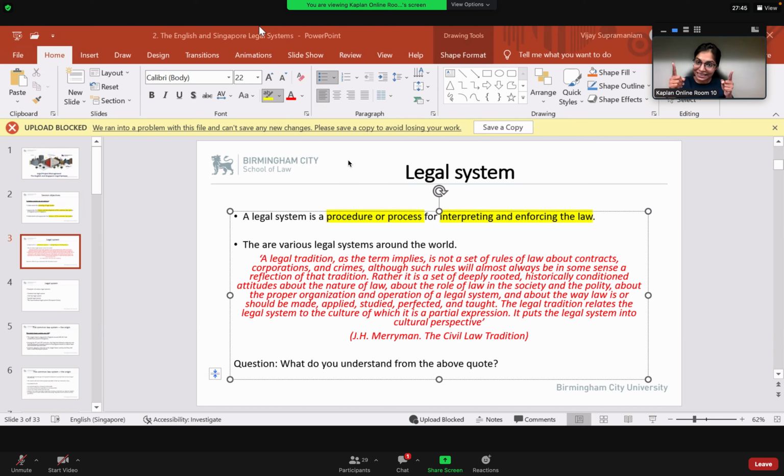So therefore, we have a system. Let's talk about Saudi, let's talk about the Middle East. In the Middle East, which institution dominates or has a key role in playing all these roles? Monarchy. Very good. In the Middle East, the monarchy still plays a dominant role. We don't have to go so far. Look at Brunei. Brunei is the same. The monarchy is so powerful, they get to pass laws.